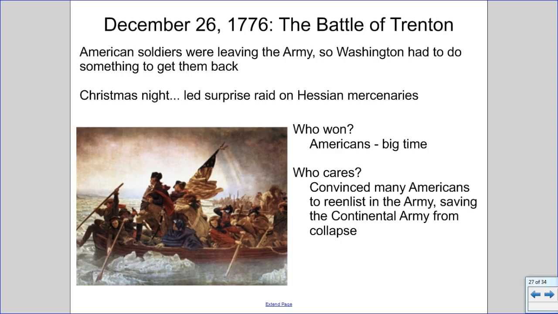1776, he led a surprise raid on Hessian mercenaries. Remember, we talked about mercenaries. They're not necessarily all that loyal to you. They're there to be paid. This particular group may or may not have had a little bit too much celebrating on Christmas Day and was not necessarily in its prime condition, shall we say. So that night, George Washington led his troops across the Delaware River